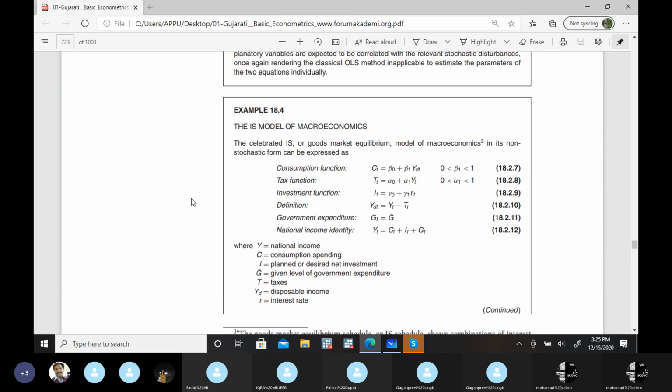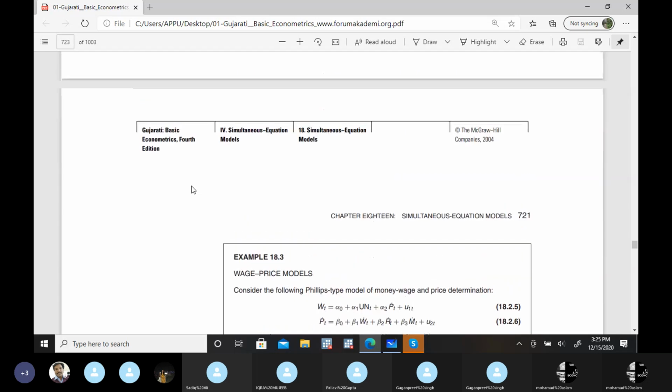When you have these endogenous and exogenous variables, all of these are simultaneous equation models. Simply, I would say, when you have more than one single equation, that's the case of simultaneous equation models. It means you have to run that model side by side. It's not that I'll first run OLS on the first equation, then on this equation. No. Why? Because all these are interlinked, right? I can't do that.